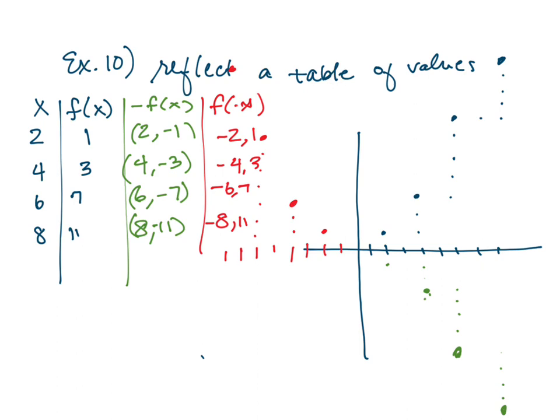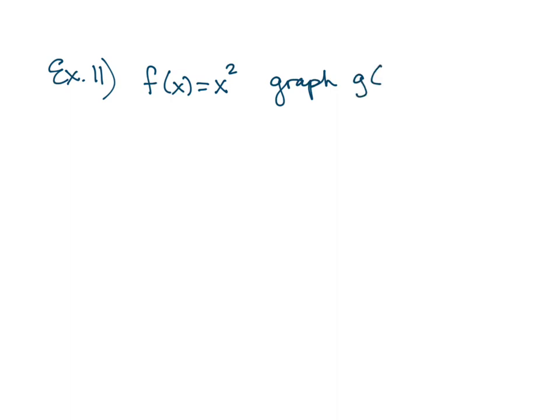All right, let's go on to a function. Okay, I've had enough of the points and table business. Let's do a function. This is example 11. Given the toolkit function f of x equals x squared, graph g of x equals negative f of x